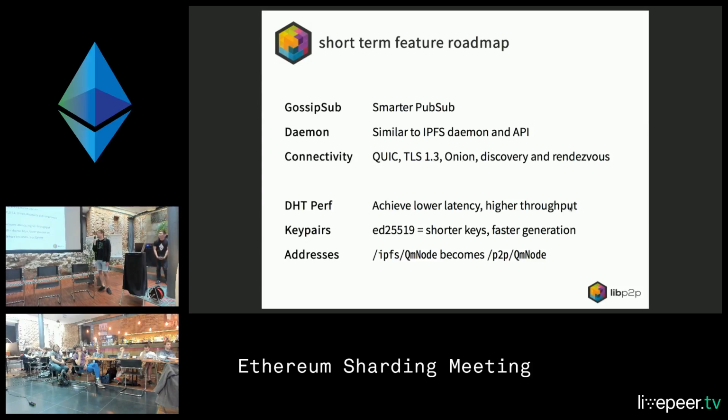And we want to improve connectivity a lot. The TCP transport currently is pretty heavy on resources and on little home routers, because it turns out 600, 700 connections just simply killed some routers. And then there's smaller changes for DHT performance and little migrations away from RSA key pairs, for example, which are really CPU intensive to generate, while ED keys are simply random data.